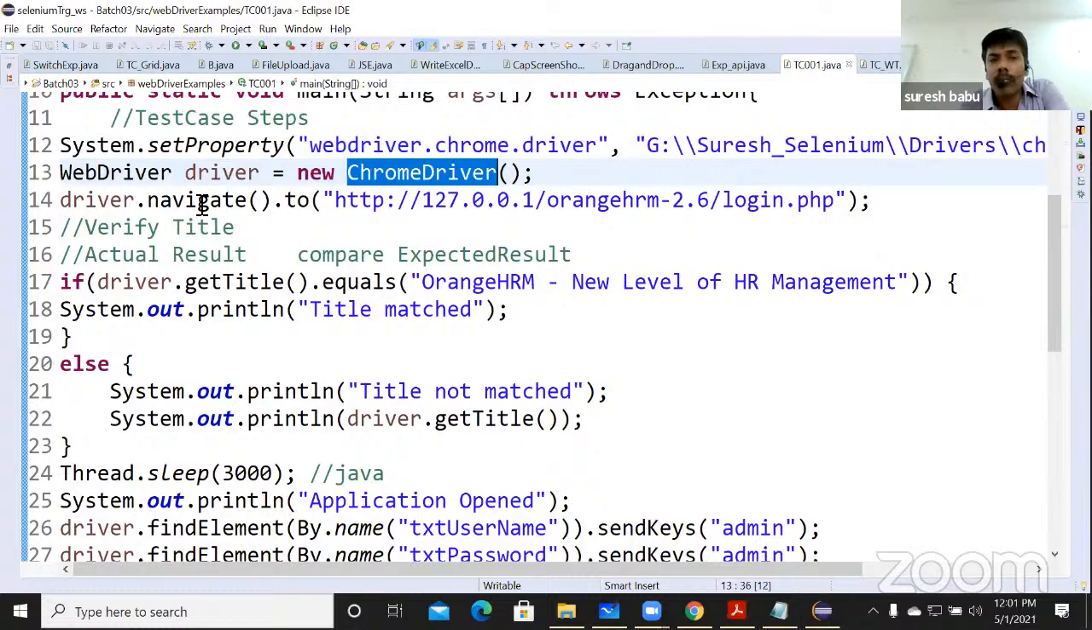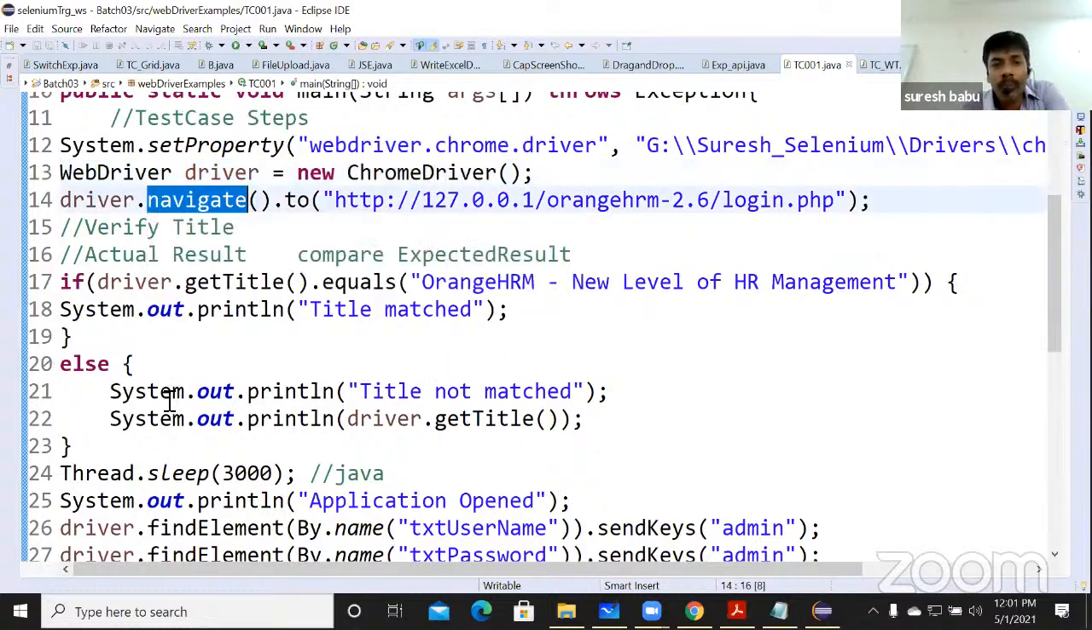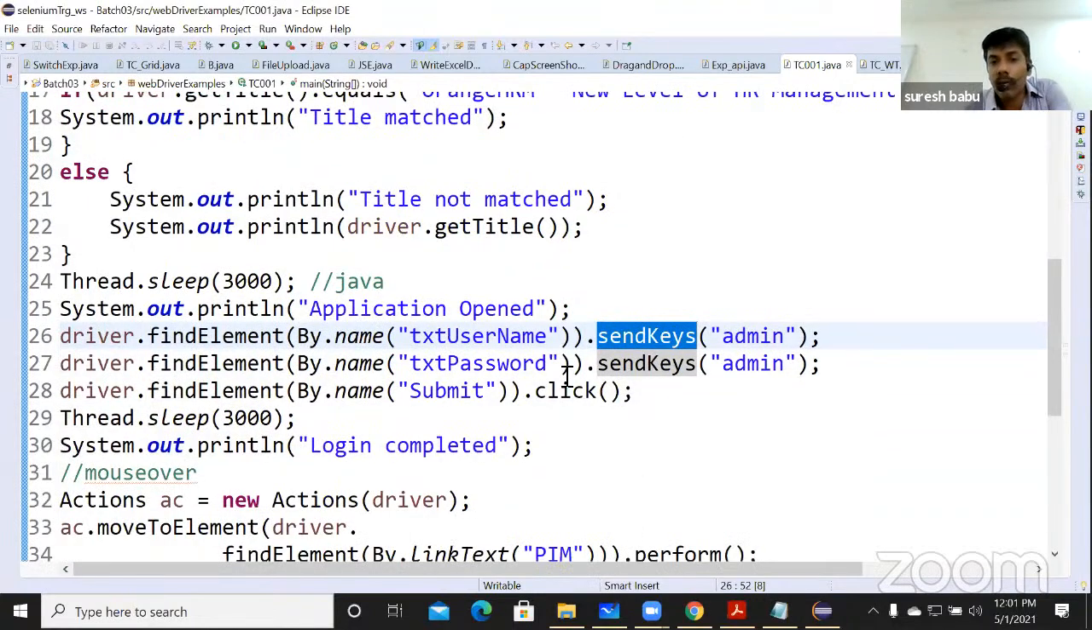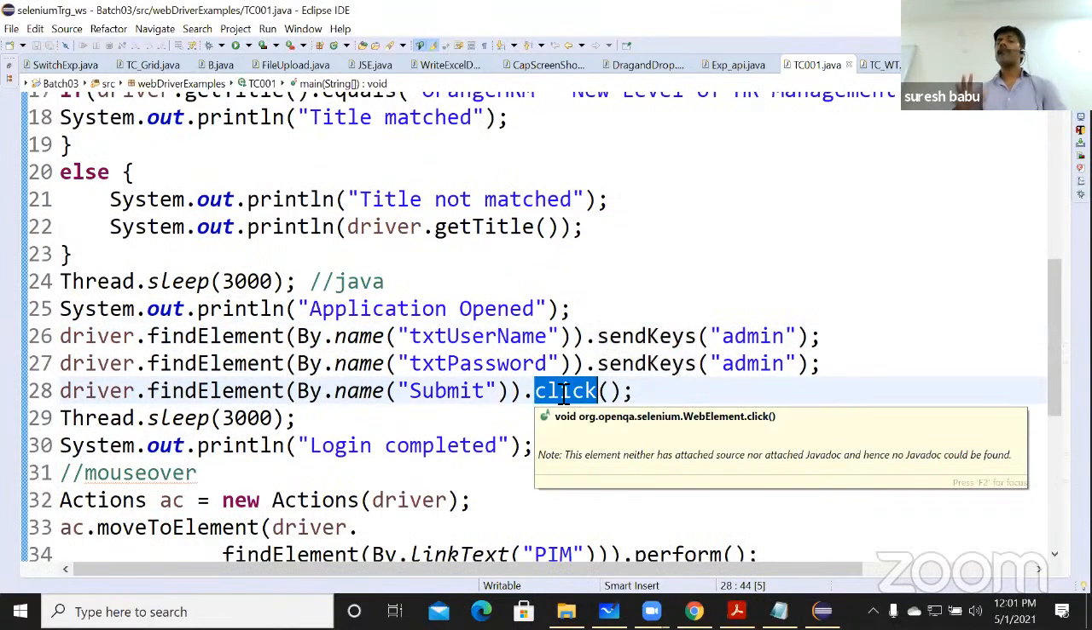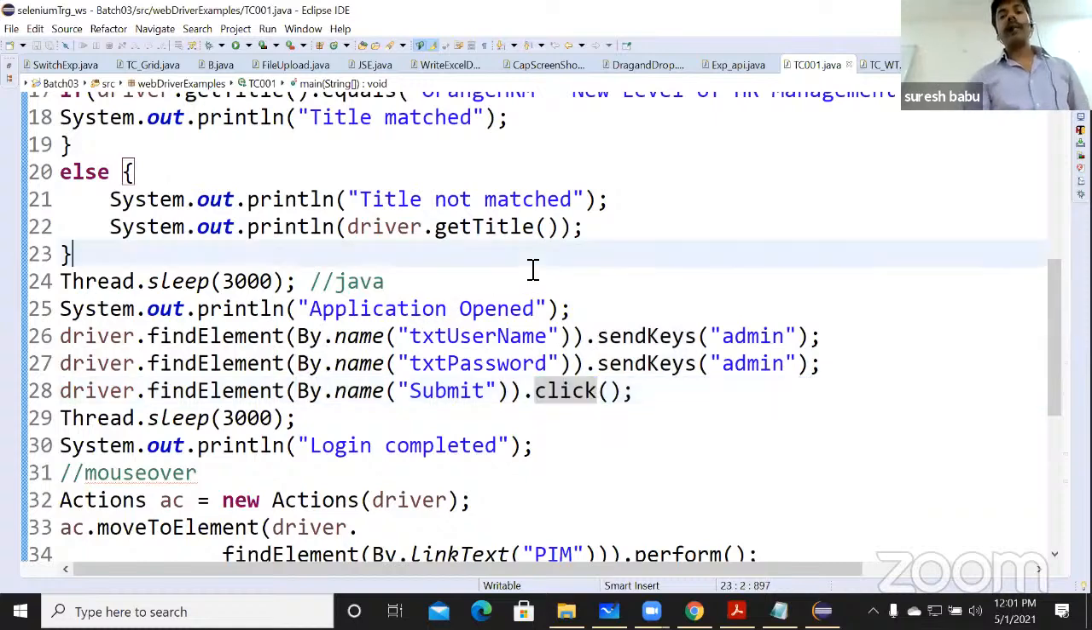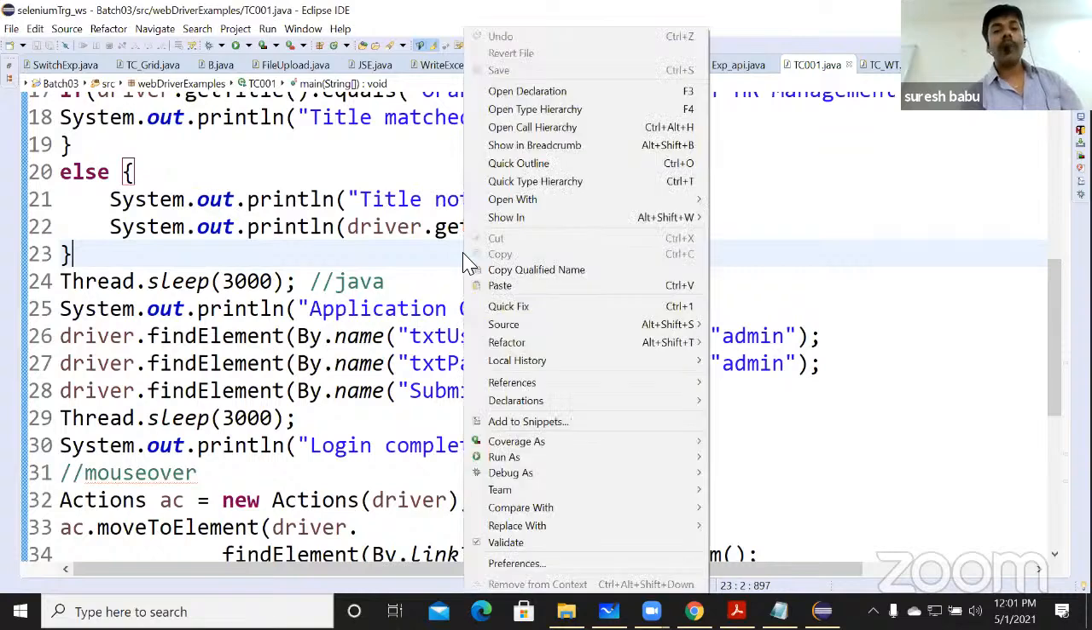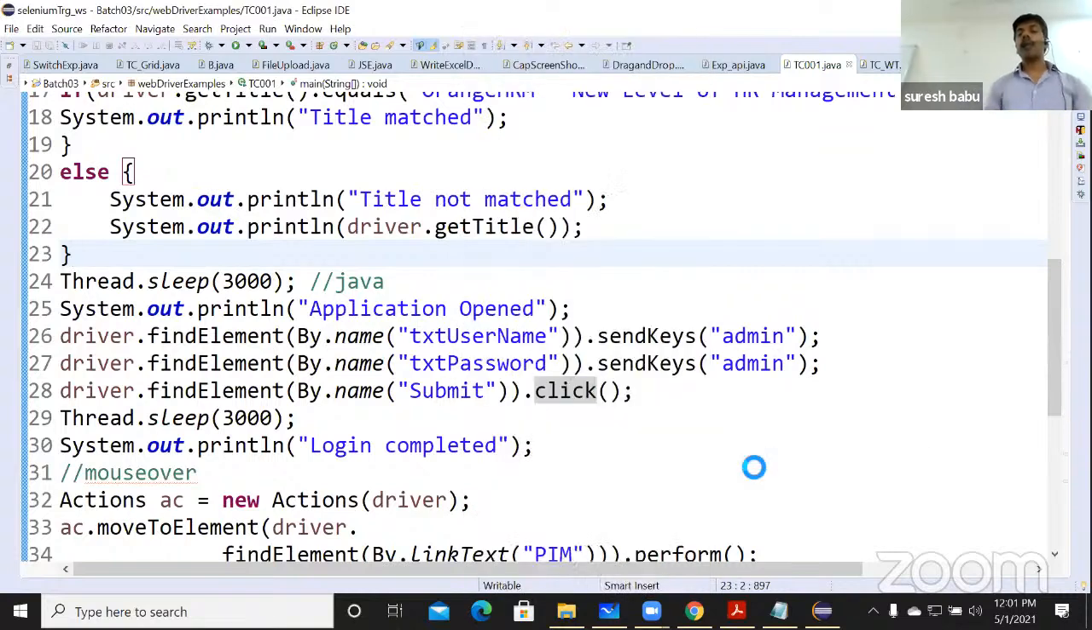These are all Selenium methods: navigate.to, then the sendKeys method, and then the click method. Everything is already a predefined method. The Selenium methods are already provided by the Selenium people. We are just trying to understand how we can utilize those methods. Now if I run this program,